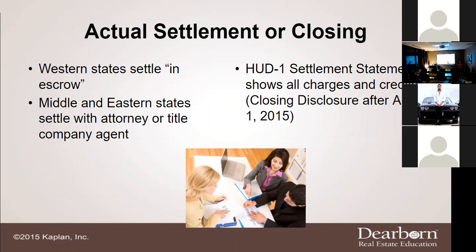However, this has since been changed as of August 1st, 2015, and that's that all closings are going to be utilized instead of a HUD, they're going to use a closing disclosure. But you'll notice that over in these Western and Middle states, they oftentimes will settle utilizing an attorney. Okay. Now, thankfully, in